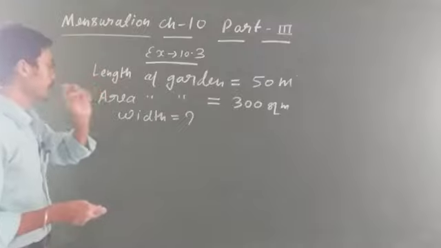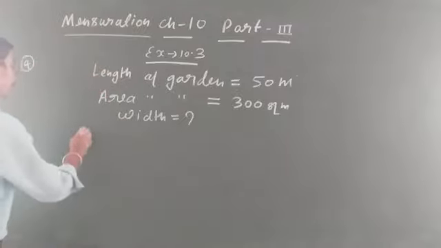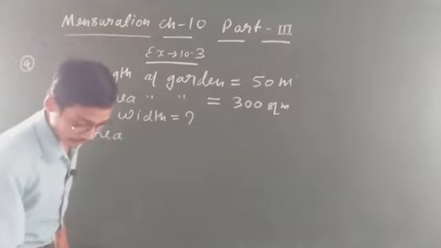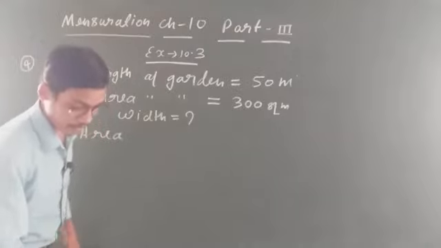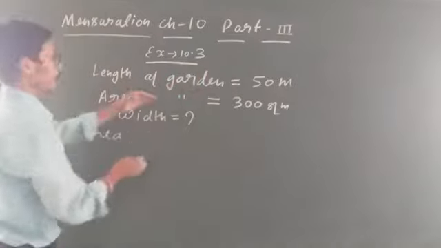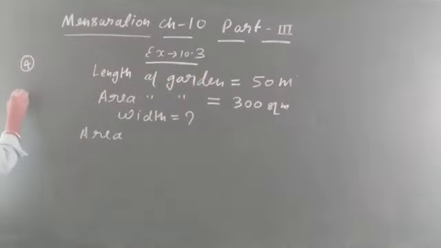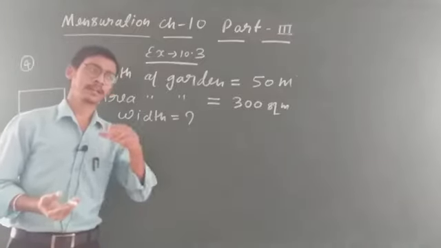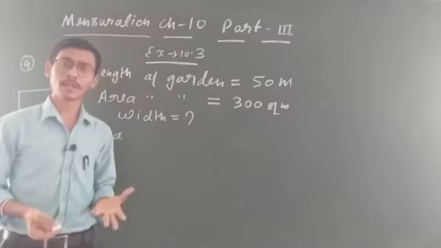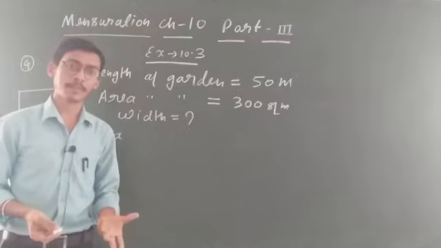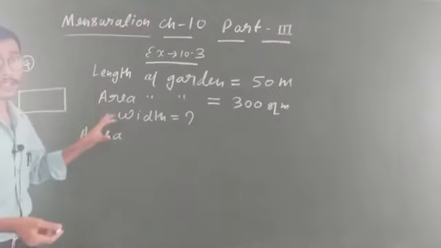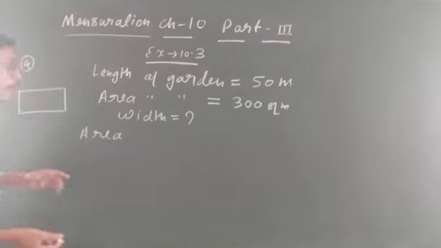So now length of the rectangular garden is given, area is given. अब you know that area of garden is what? It is given कि area of rectangular garden. तो rectangle means it is in the form of a rectangle. हाँ, always remember कि what type of garden is it? Circular garden is given, rectangular garden is given, or square type of garden is given. So in the question it is mentioned कि the garden is in the form of a rectangle. Clear student?